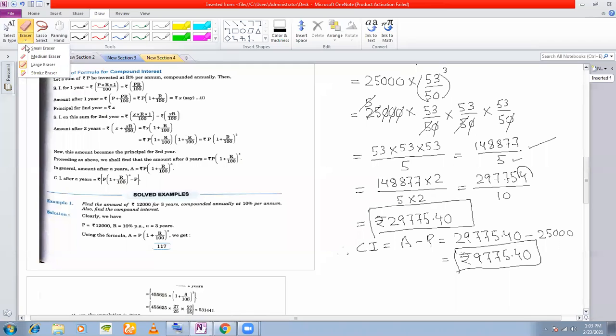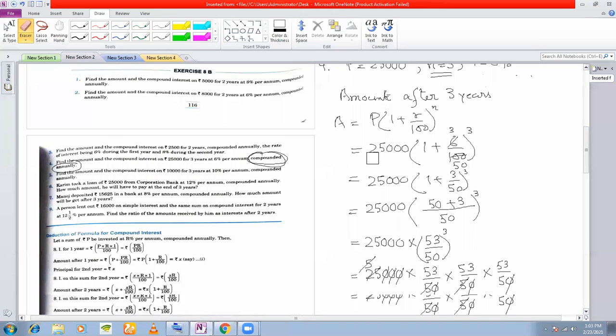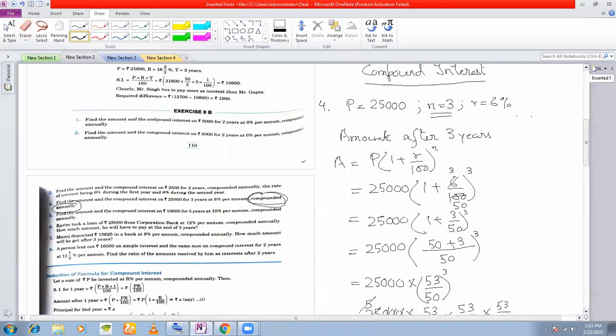We shall now move on to the next problem, which is number 3, which will require a slightly different form of compound interest formula. Now, if you see in this problem here, what is the difference between the problem that we did, and the problem that we are going to do? The difference is, see, the rate percent here is 6%, right? So the first year you're getting 6% interest. Second year also you are assuming 6% as your interest, and third year also your rate is 6%. So if you see, all the rates here are the same for all 3 years.